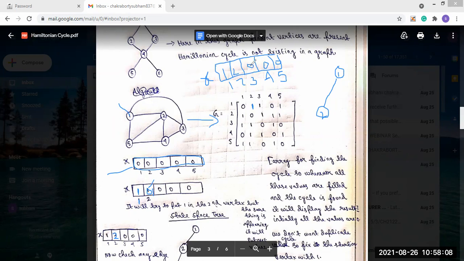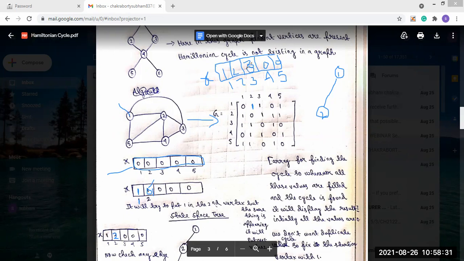So here in the 3, first we will put the value 1, but we cannot put the value 1 because 1 is previously appearing. Next we will try to put the value 2, but 2 is also previously appearing. So that means we will have to check the next value. Now what value will we put? After 2, the next value is 3.